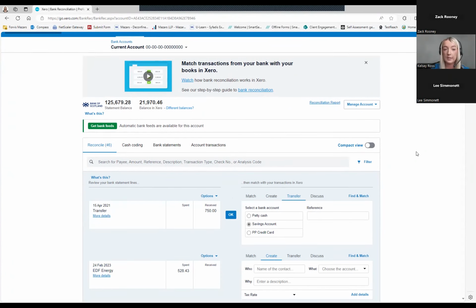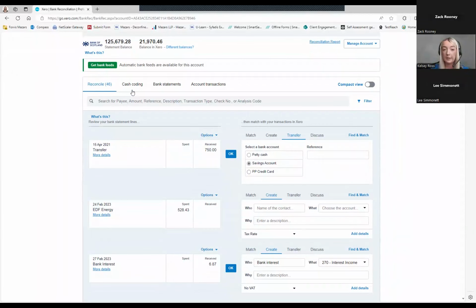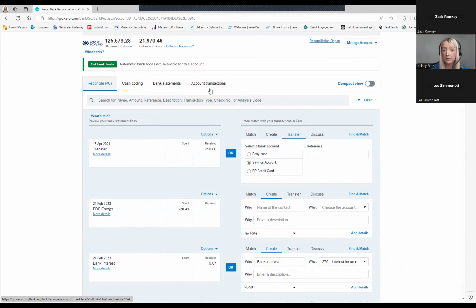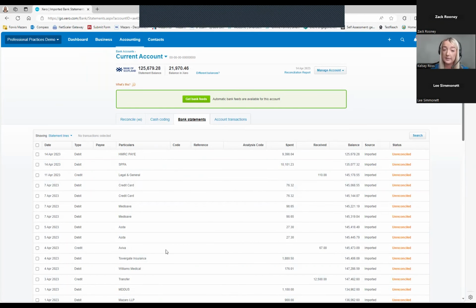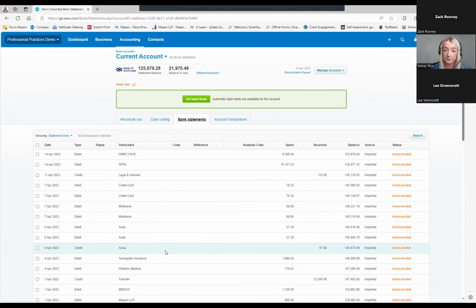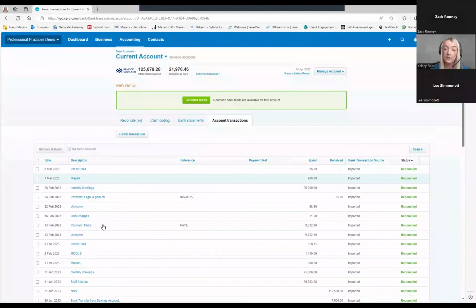So what we've got here is the reconcile tab. We've then got a bank statements tab, and then we've got an accounts transactions tab. So they're basically as they are. So reconcile on this page, bank statements here. If you click on this, it would essentially take you to what you've got in your bank statements. And if you logged onto your online banking, they should basically mirror each other. We've then got the accounts transactions tab, and this is essentially just where your transactions go once they've been reconciled from this tab here. So if we go back to the reconcile tab,